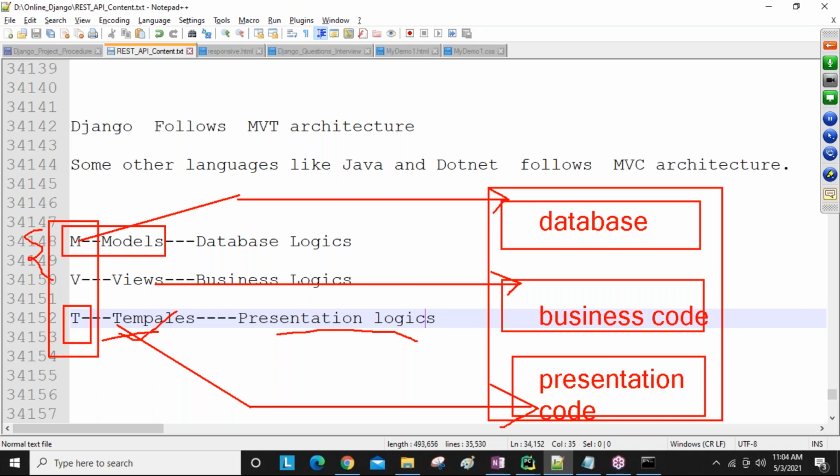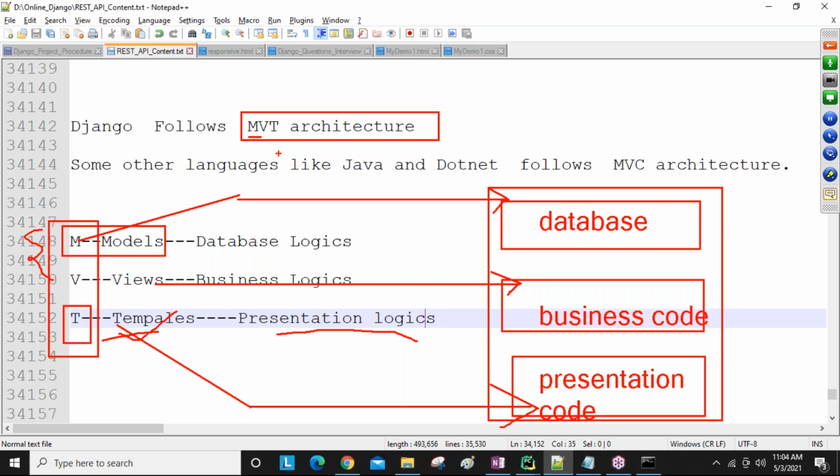Now here is one famous question, guys. Django follows MVT architecture, yet whenever we create a Django project and application using the Django command prompt, only models and views come, but not templates. Why is the templates folder optional even though Django follows MVT architecture?